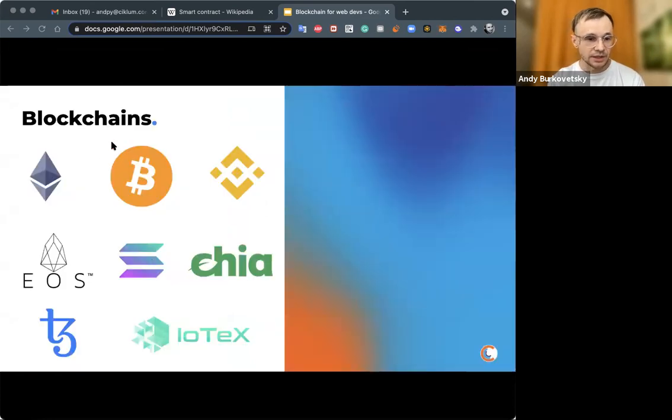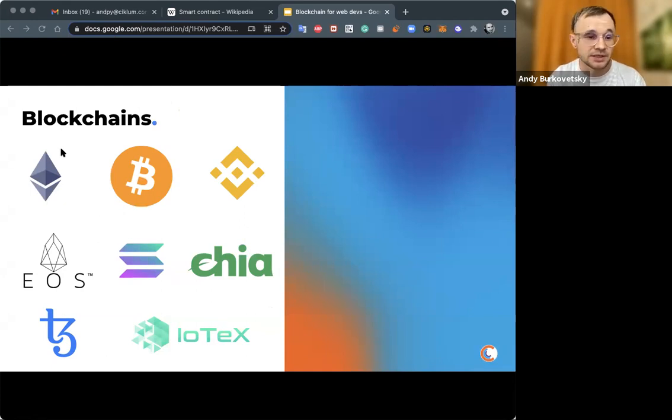Okay, I got a list of blockchains, just random. There are a lot of blockchains around suitable for development. That's just a few of them. And more new ones arrive each day.